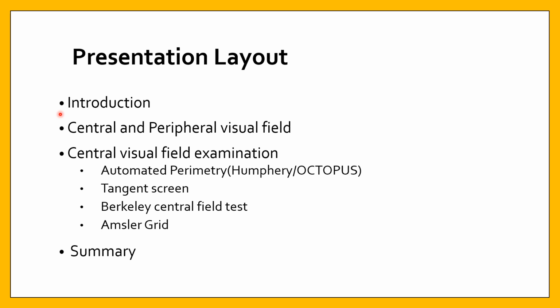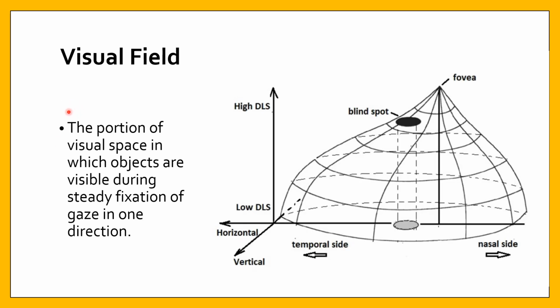In this topic, we will discuss the introduction of the visual field, the central and peripheral visual field, and under the central visual field examination, we will discuss automated perimetry, tangent screen, Berkeley central field test, Amsler grid, and finally a summary. Visual field is the portion of visual space in which objects are visible during steady fixation